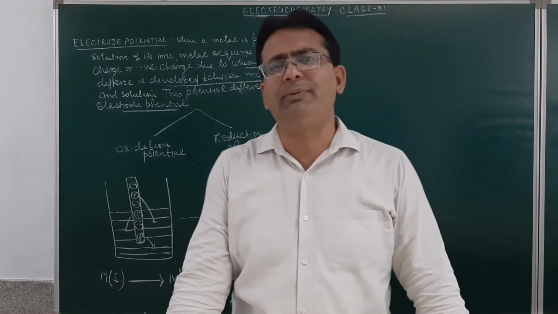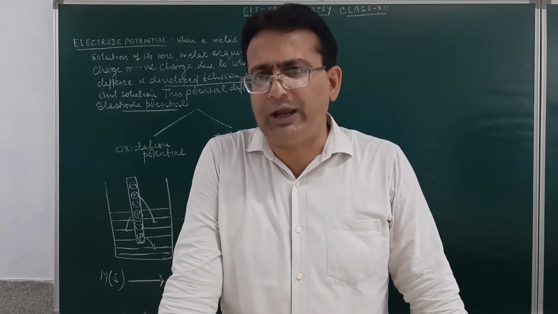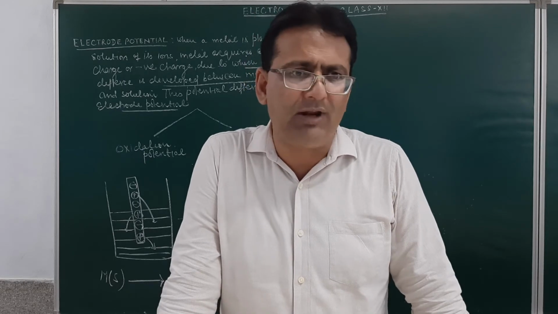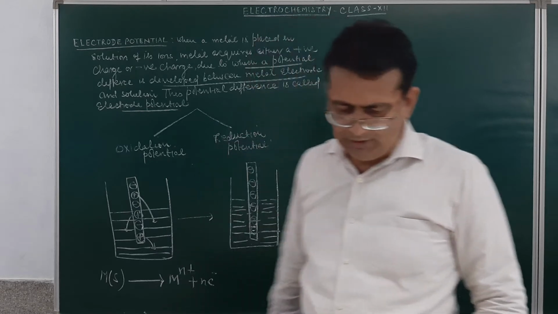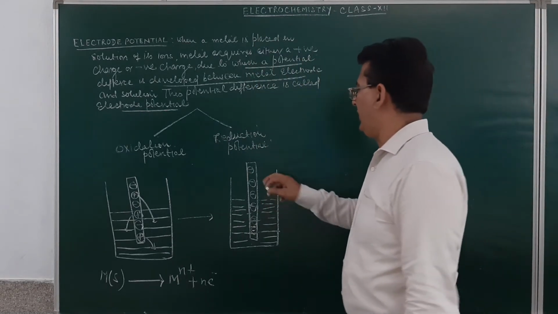And that is why, as per the convention or as per the concept, I tell you over here and earlier also, that the anode will be the negative electrode, although the flow of electrons will take place from anode to cathode. Is it clear? Now, what happens during a reduction half?